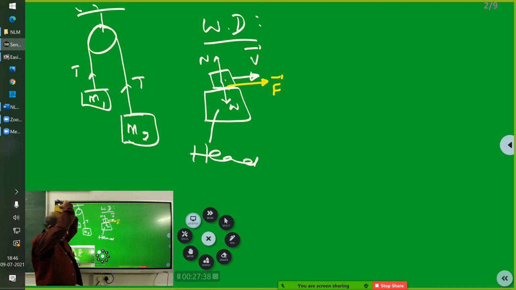You have understood. See, students, this block was on my head. Now there is no friction. The moment I moved my head, this body wanted to stay here only. Due to inertia, this body wanted to remain here, but the head wanted to move. I am able to do this because it is not touching my head. No contact. The moment I put the contact, my head wants to move like this, but this one wants to stay here. That means this one is moving backwards with respect to my head.